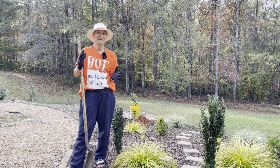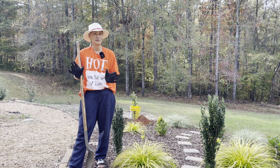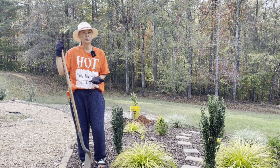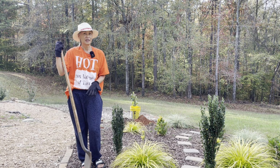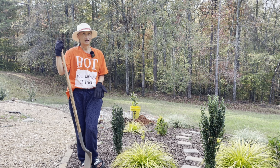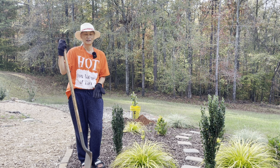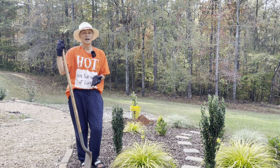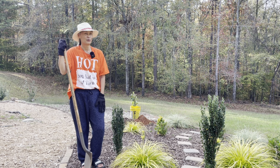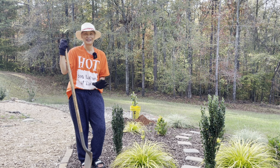if you want to be a risk taker like me, which I tend to be a lot of times, especially in my garden here, because I like to experiment as well. As you know, you want to plant the right plants in the right place, right location, and things like that also. But you have to know your environment too, and you have to know if you're willing to risk it. So sometimes I do like to push the boundary just because I want to see how much stress the